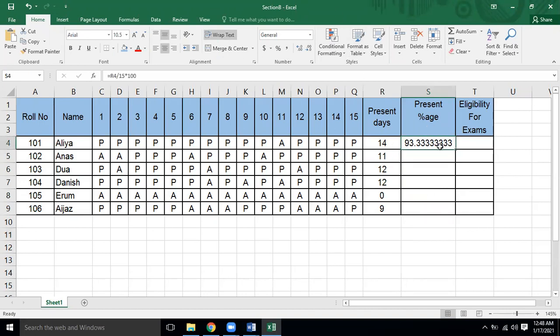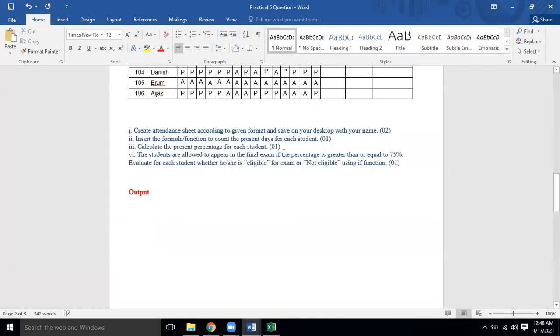How can we round it up? If I want to round off this value up to 2 decimal places, can anyone tell me about it? Have you got any idea? If I say that this is 93.333333, can you round it off? I also mention over here, you will learn about the round off function as well.